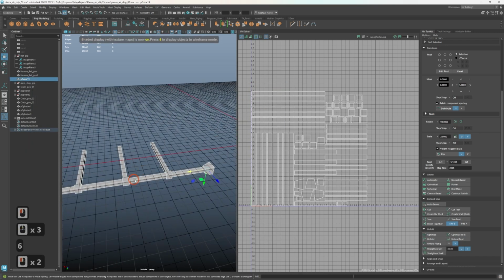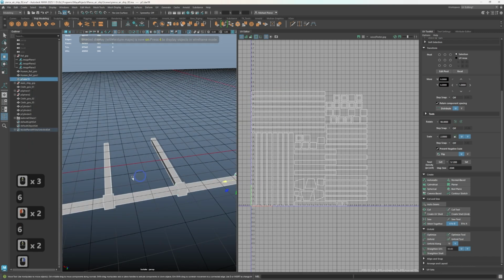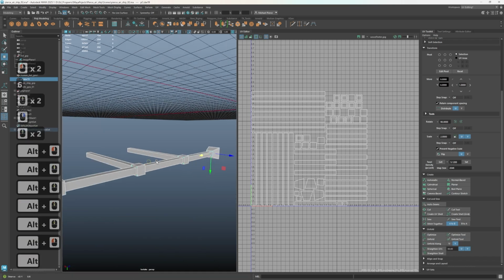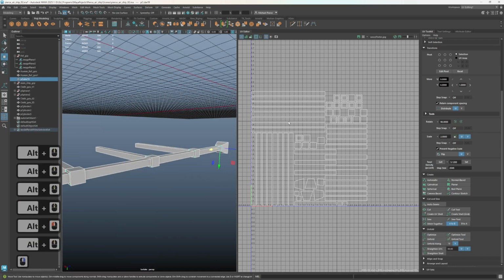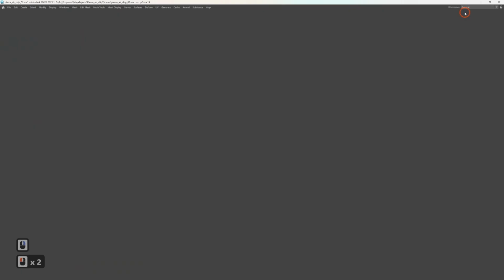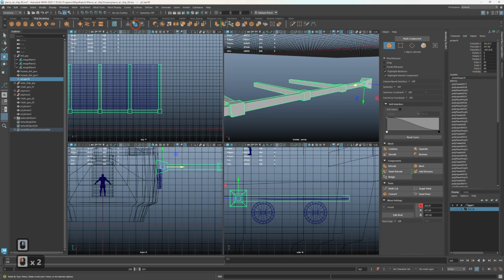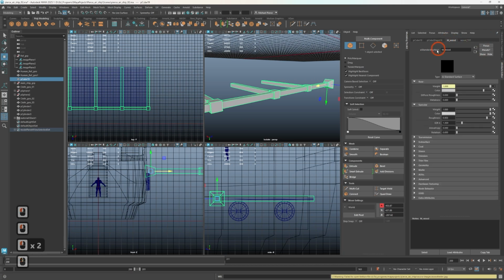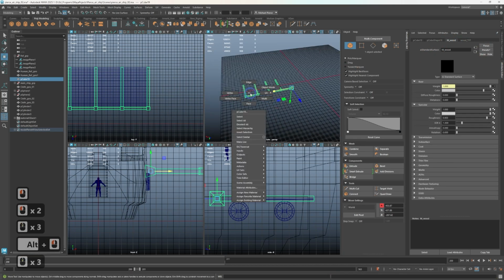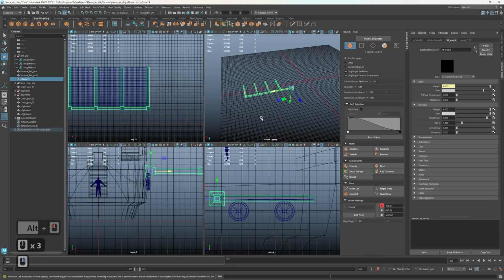If I hit 6 now, here, object. Now let's go back to general just so I can see something. I'm going to delete the history. Wood text and wood. Oh, I see. As object, I'm going to